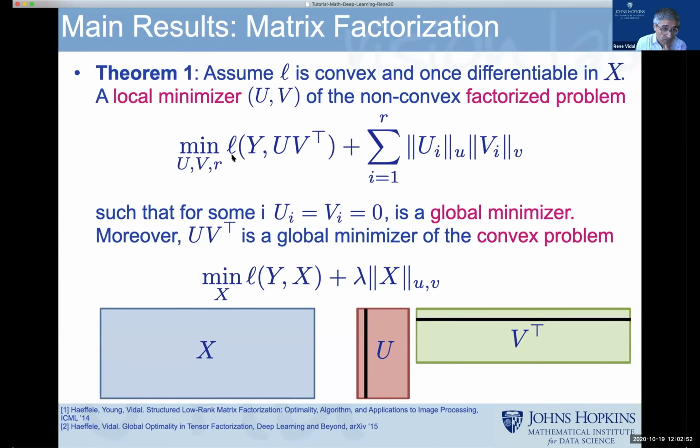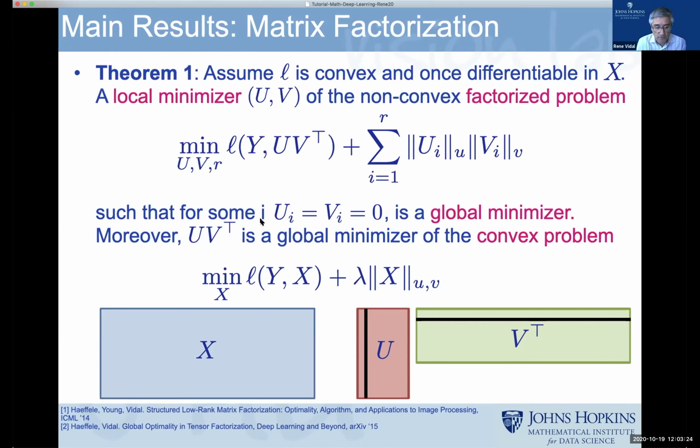Suppose that the loss function is convex. Think again about the square loss or cross entropy. We could have used the L1 norm, but there is a technicality here that we require the loss to be differentiable in X. We believe that is not needed, but for the purpose of this theorem, it's there. So assume that the loss is convex and once differentiable, then a local minimum of this non-convex problem